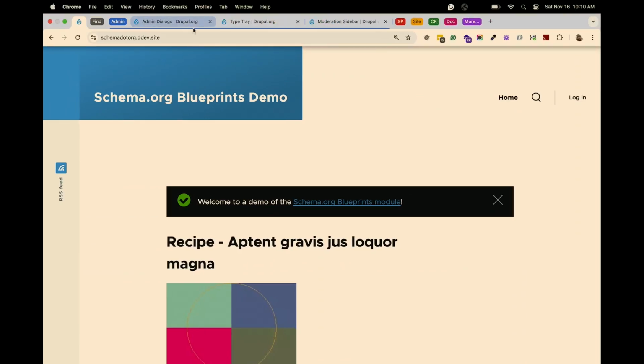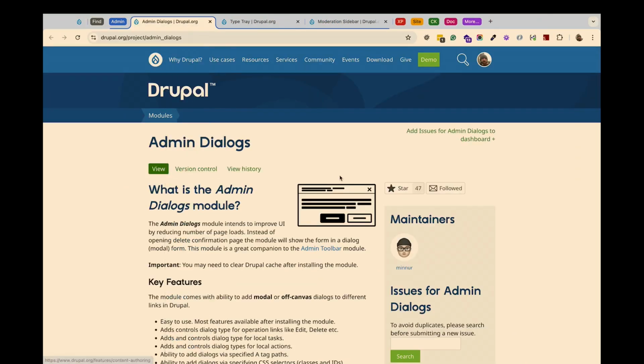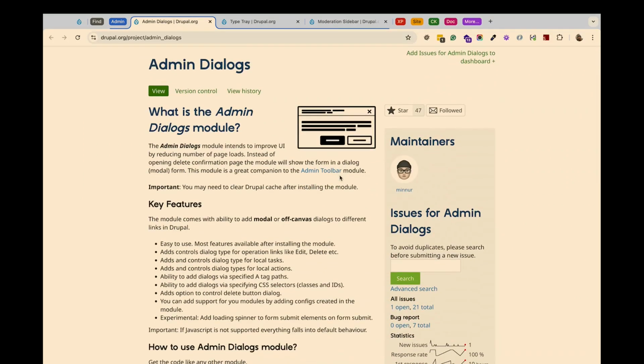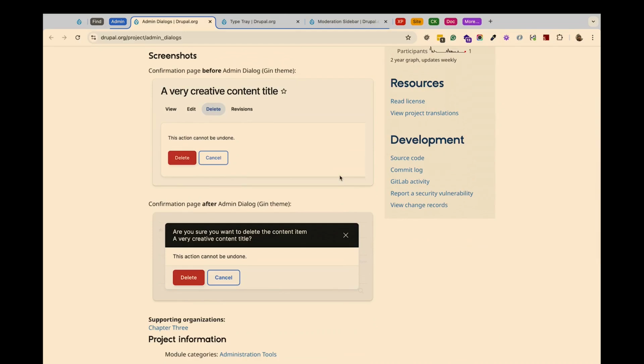So I'm going to start with one of my favorite simple modules. It's the admin dialog module. And this is great documentation because if you scroll down to the screenshots, it really shows you what it does. It takes a simple page, mostly confirmation pages where you have to go to a dedicated URL, and opens them in a modal. It makes the UI a little cleaner and simpler. And in a demo,